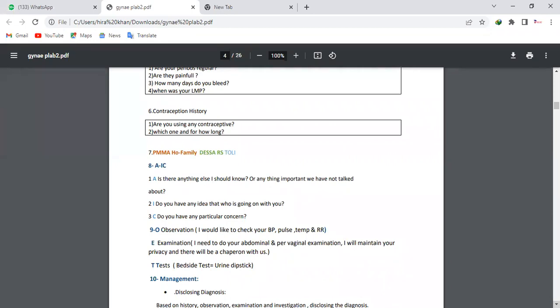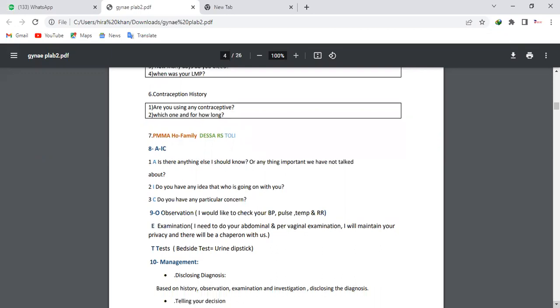So always have a look at verbal and non-verbal clues. Act like you are in a real setting and you are a real doctor. I mean, you are in a real clinic and the patient is actually a patient of yours. So always keep this in mind. That is going to have a very good impact on your performance during the exam.